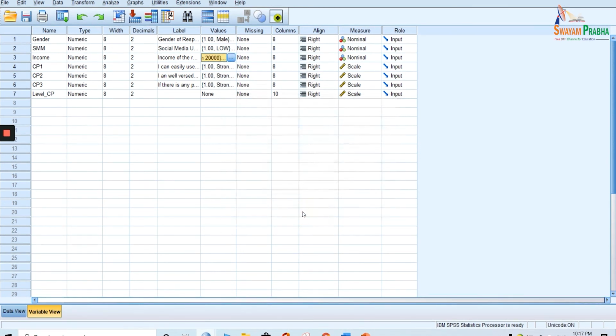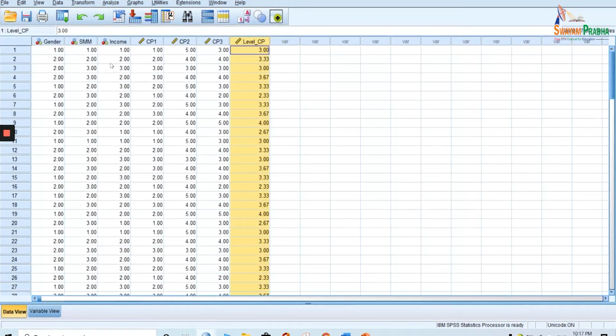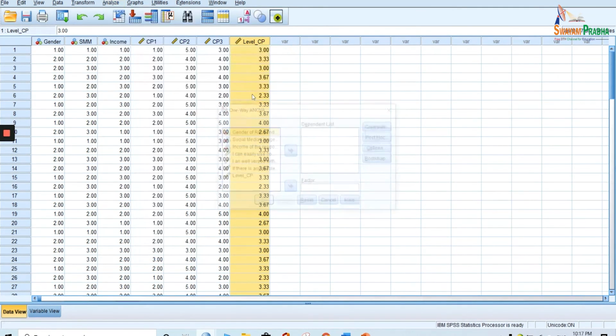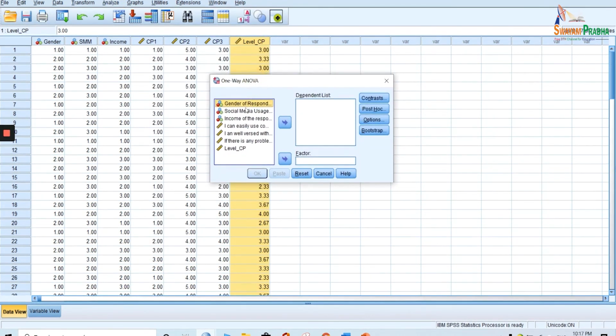Let us see what the process is. From Data View, from Analyze, go to Compare Means. From Compare Means, go to One-Way ANOVA. Let us select this. In the dependent list goes the dependent variable, and yes, we know that it is the level of computer proficiency. And what are the factors? In ANOVA we always talk about factors.